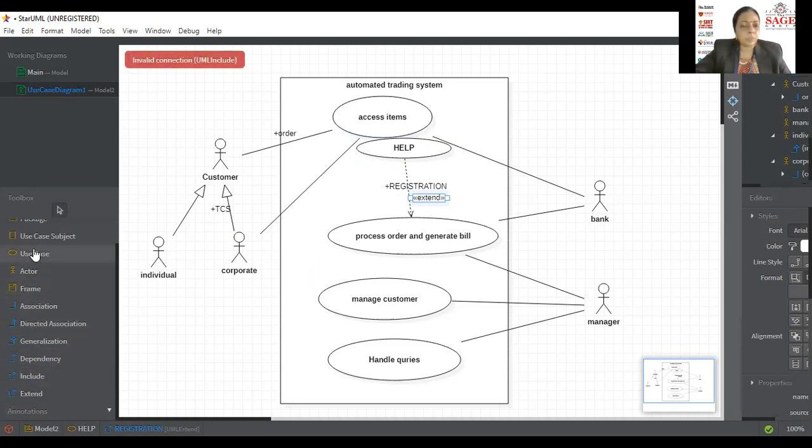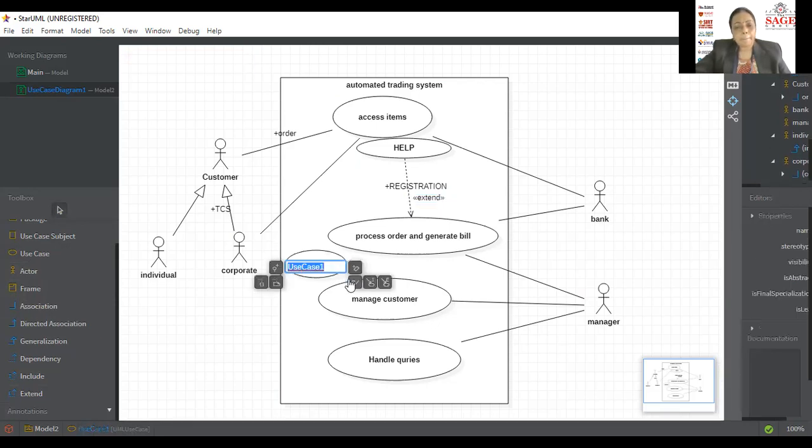First you have to make the use case, and then you use include. Here, payment. It is required to generate the bill. It is a must, so you have to include payment. So you write include, and you start from the